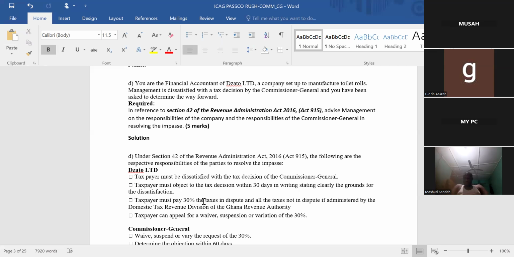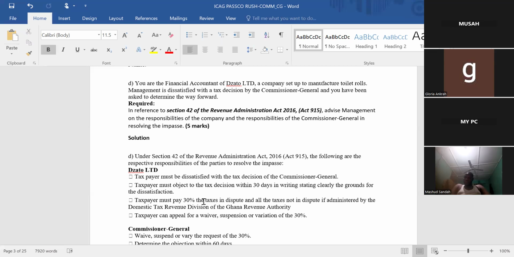I think somewhere last year they were making fun of our respected Member of Parliament, Afenyo-Markin, when Bagbin was about to rule on the crossing of the floor. Before he came to rule, he was in court already, the Supreme Court already. Please, you cannot do that. You only object to the decision of the Commissioner General when the Commissioner General has served you the notice of assessment. If you don't receive the notice of assessment, what are you going to object to? You get that?